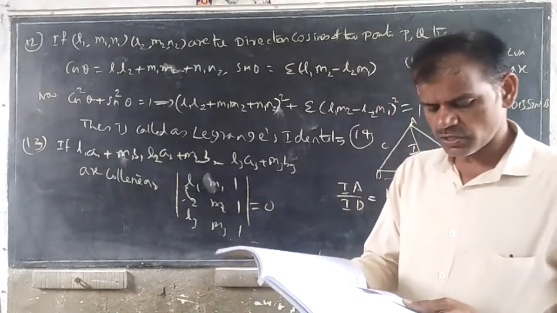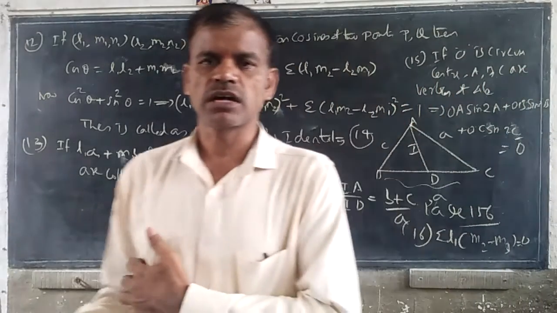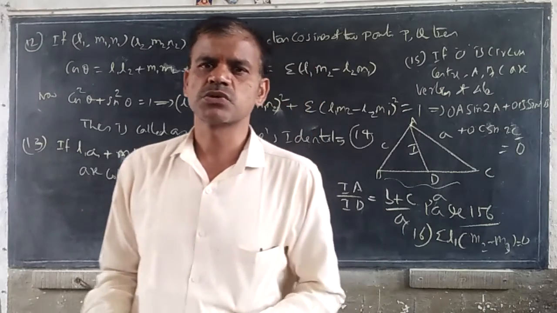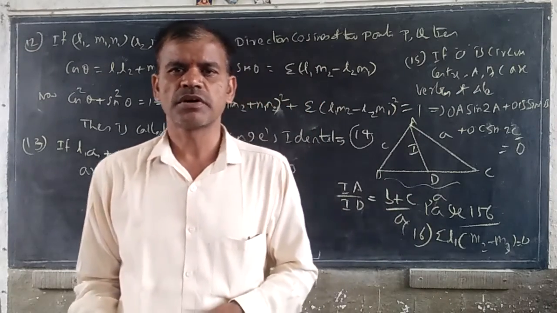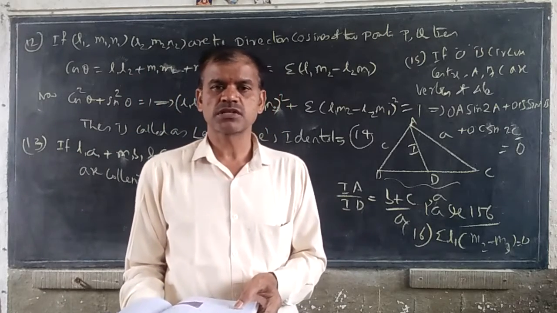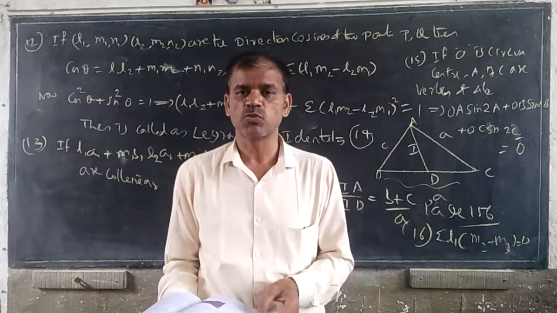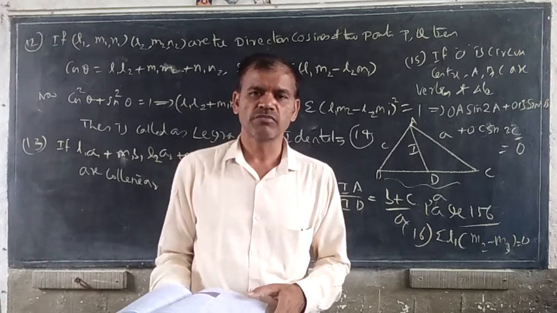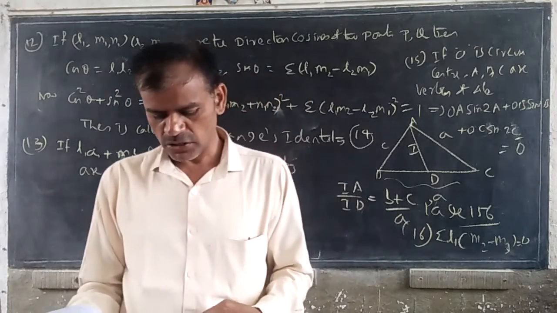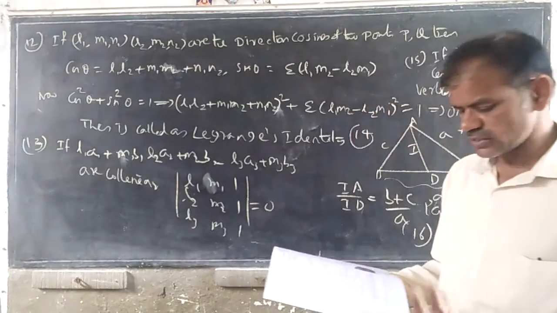Next, 17th question. Already we have discussed the direction cosines formula: cos square alpha plus cos square beta plus cos square gamma equal to 1, and sin square alpha plus sin square beta plus sin square gamma equal to 2. So he gave cos theta equal to (cos square alpha plus cos square beta plus cos square gamma) by (sin square alpha plus sin square beta plus sin square gamma). So it is 1 by 2. Cos theta is equal to 1 by 2, theta is equal to 60 degrees. So the answer is the 4th option. And 18th question, this is Lagrange's identity only, answer 1.